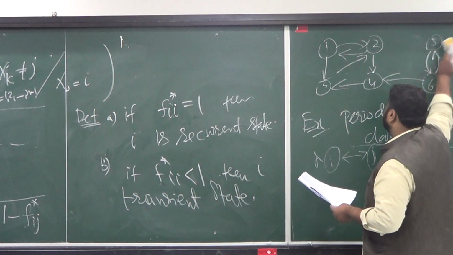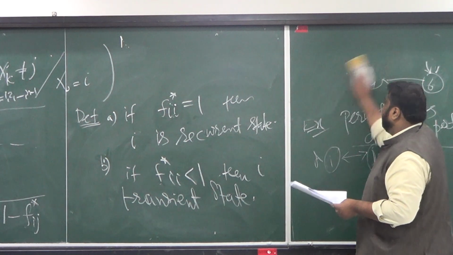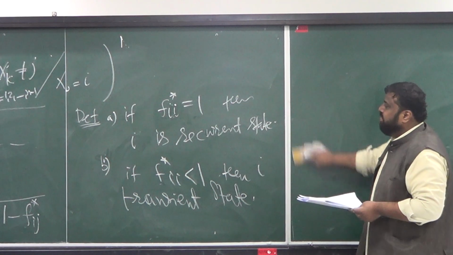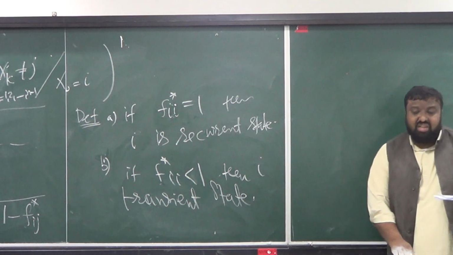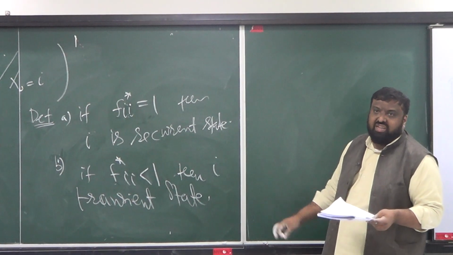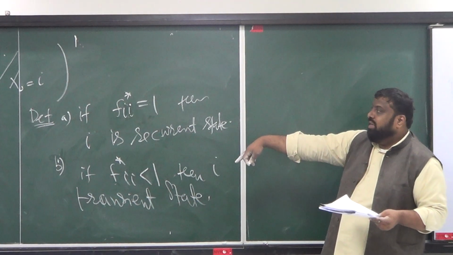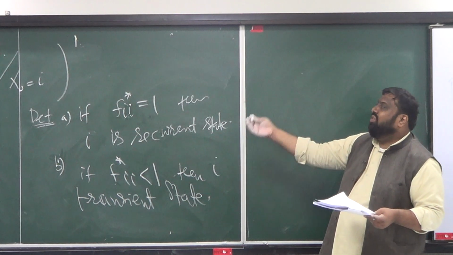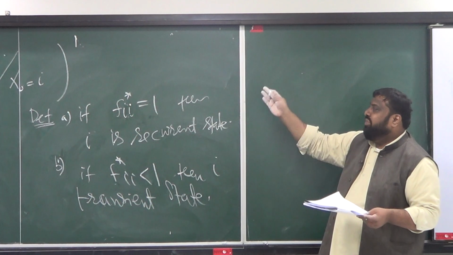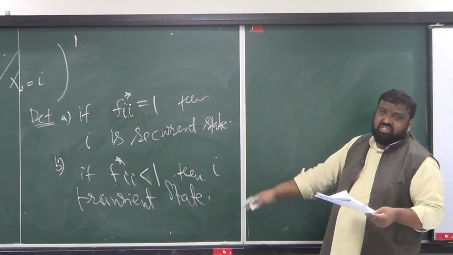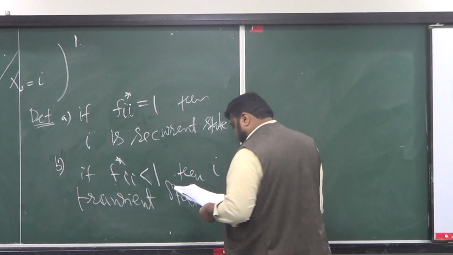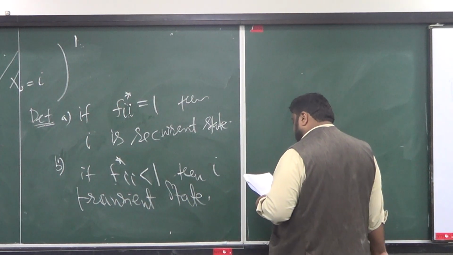This is the first decomposition formula, and it allows you to very easily compute these probabilities, especially if your Markov chain is a finite state Markov chain. You can very easily know which state is transient and which state is recurrent if you know its transition matrix. Okay. So how can I know it? So that's how I'm going to know it.